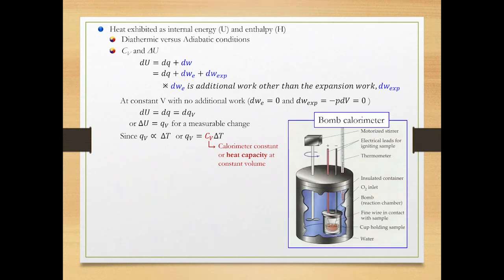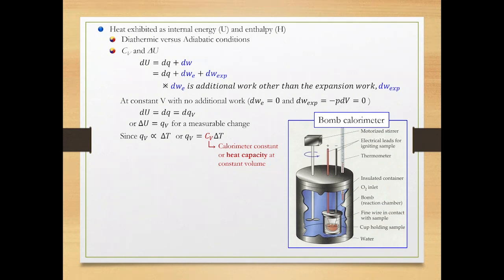Measuring heat under the condition of constant volume requires a sophisticated device called bomb calorimeter, as you can see on the right. Bomb is a stainless steel cylindrical container tightly sealed. It is immersed in a water bath. A sample to be analyzed is placed in a boat inside a bomb. A chemical reaction like combustion takes place electrically, leading to the increase of temperature of water outside a bomb. The thermometer placed in the water bath measures the temperature change.